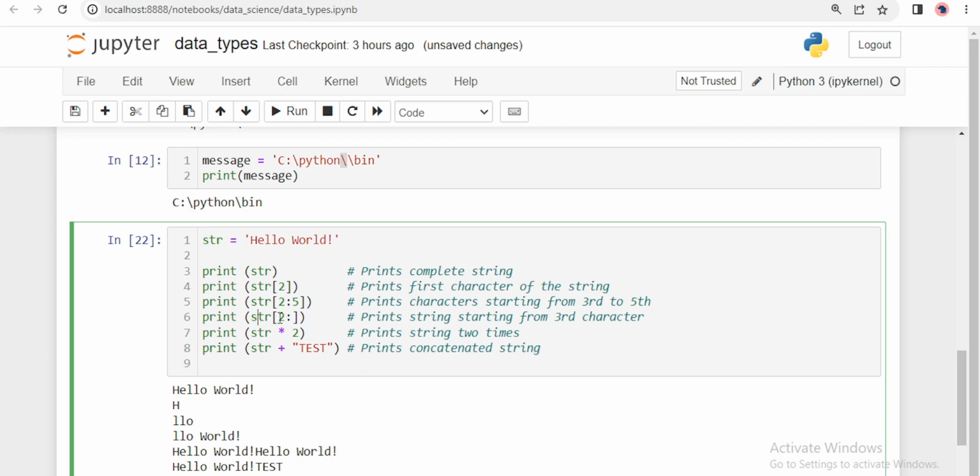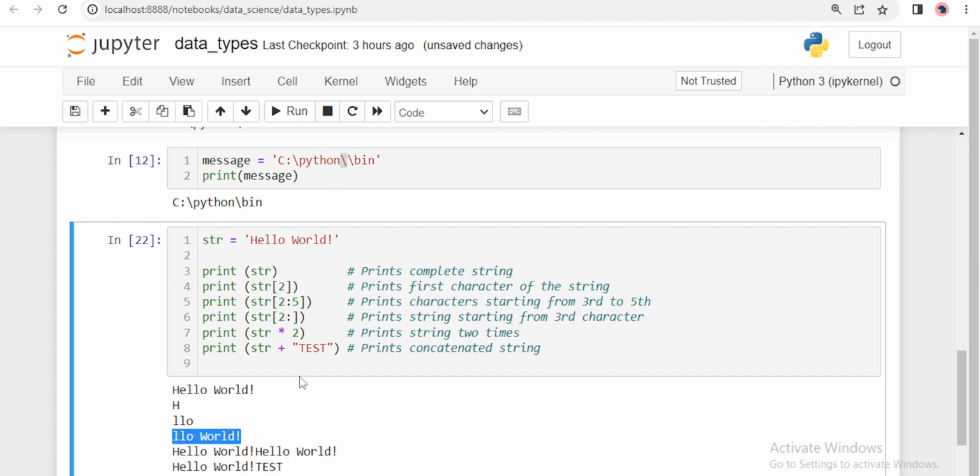Again, if you want to print everything after this third element, you will use this index, then colon, and then you leave it blank. Blank means from this third element the print function will print all the remaining characters. So you see the output